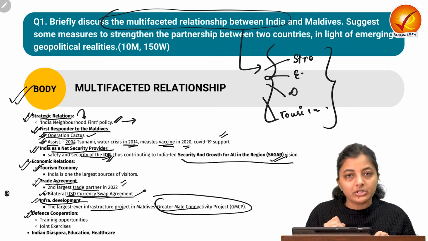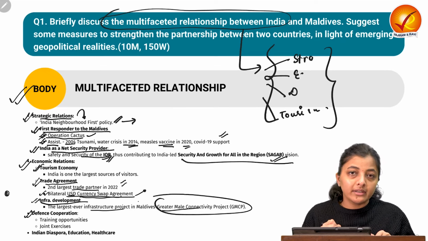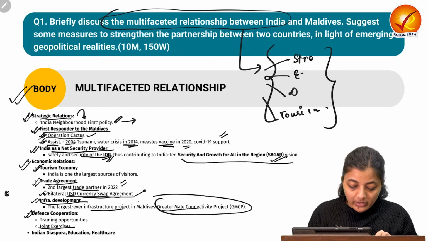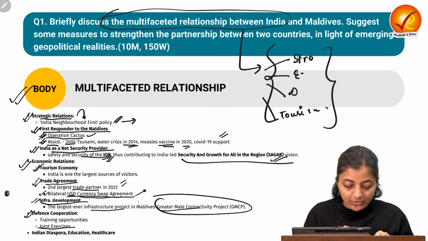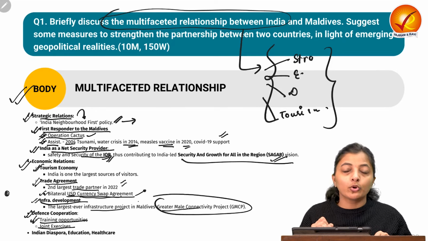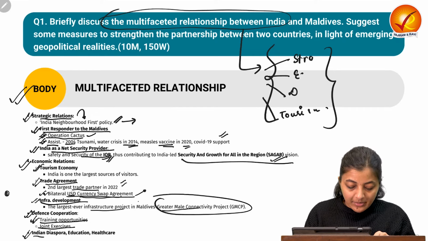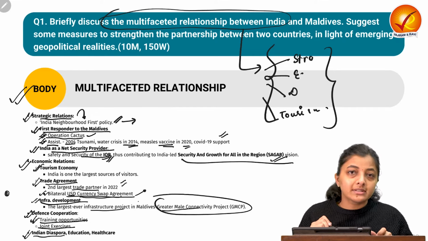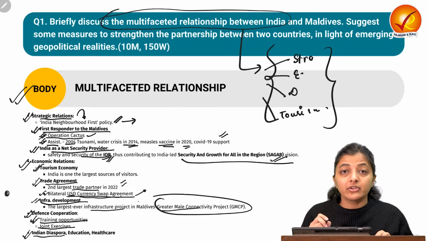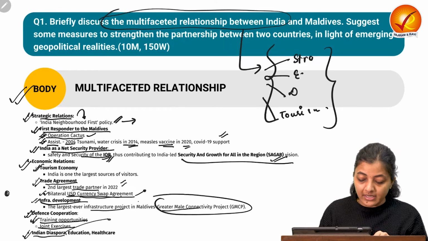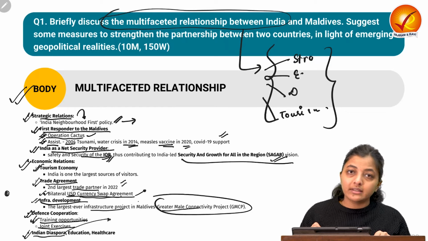Also, defense cooperation: they are regularly conducting joint military exercises, and India is also providing training opportunities and capacity building to the Maldivian military. Next is about the Indian diaspora. Doctors and teachers are there; the expatriate Indians are majorly involved in the doctor and teacher